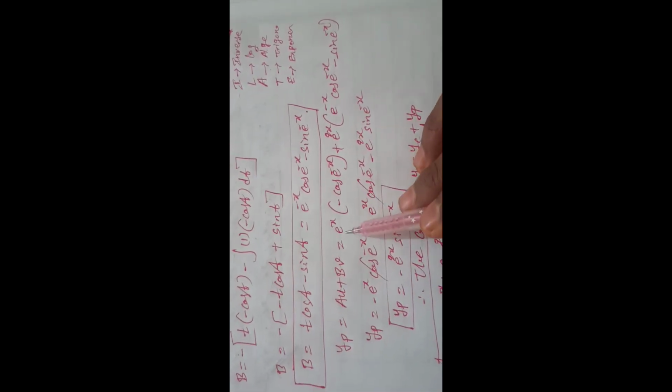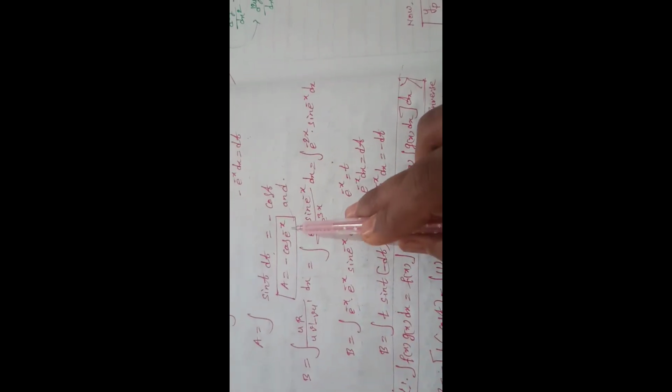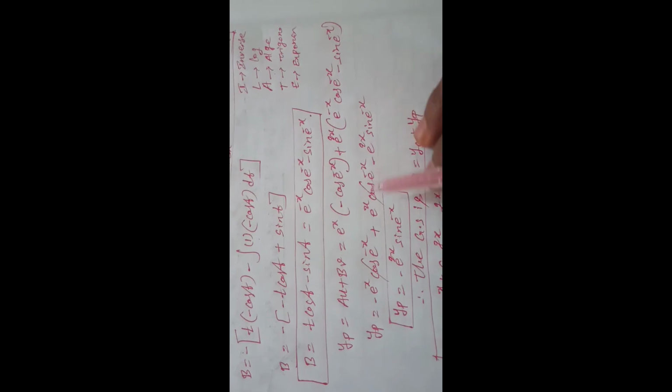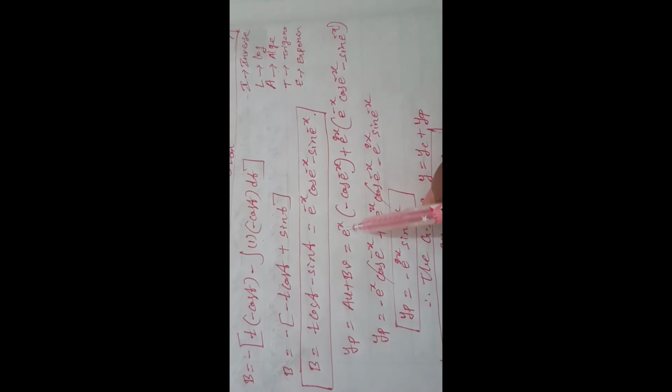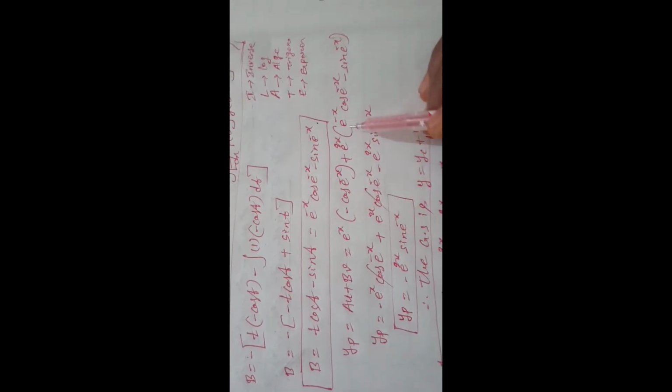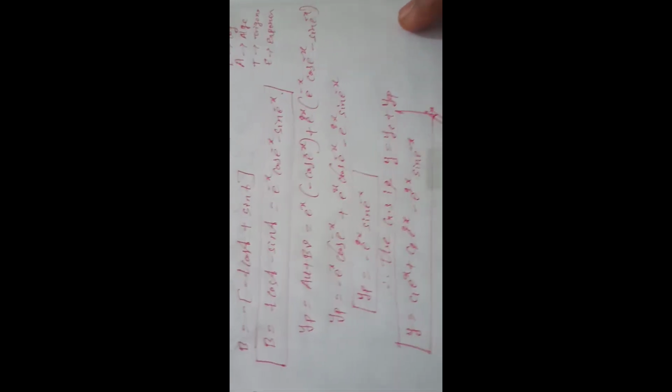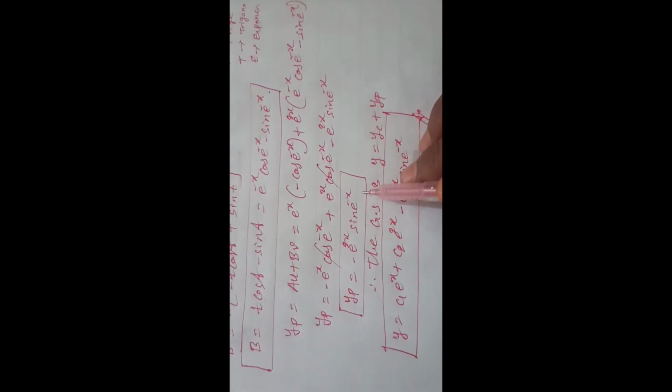So that means u means e to the power of x. A value we found out here, I am substituting here. Plus v means e to the power of 2x. Already found out b here. So here multiplying with e to the power of x this term, e to the power of 2x this term. So here we will get these things. So these two terms will vanish. Remaining this term is there. So that is yp, this thing.